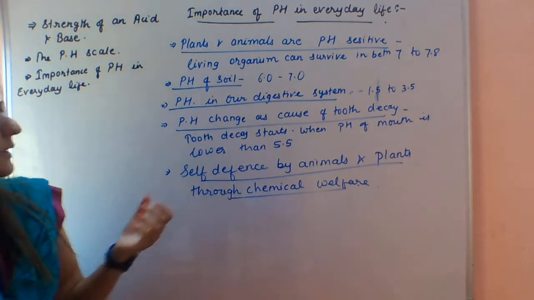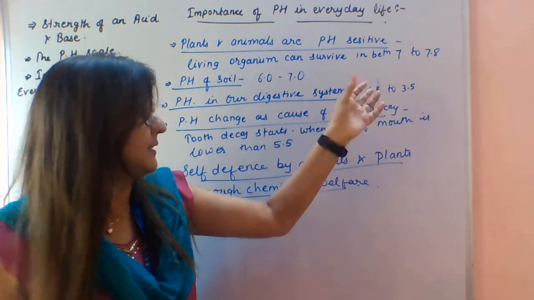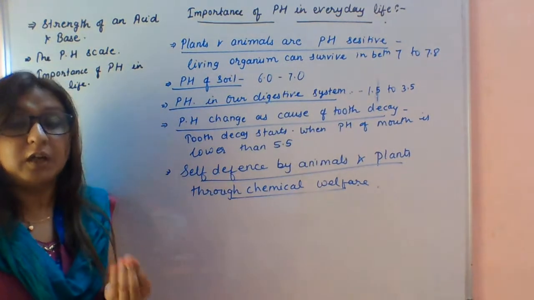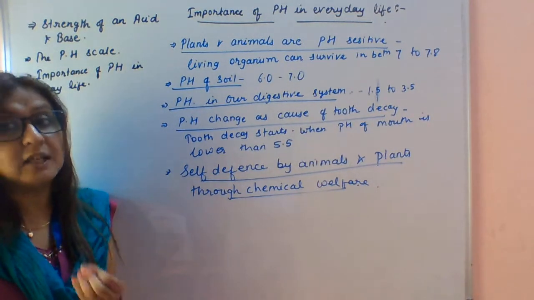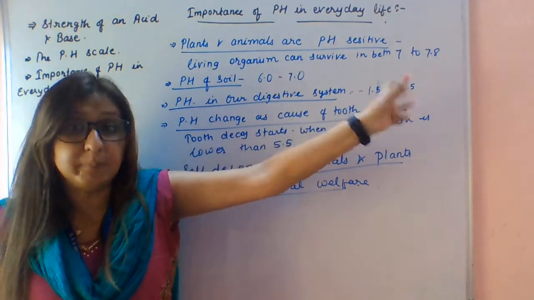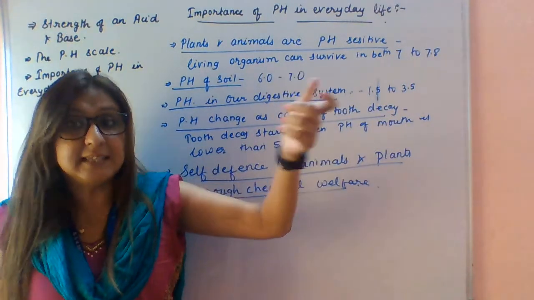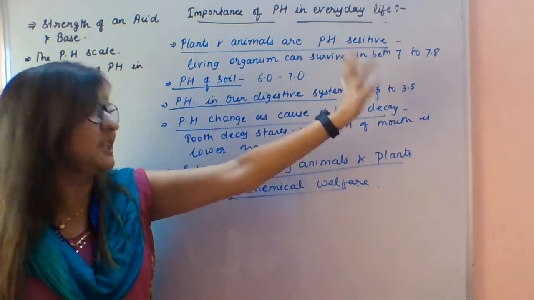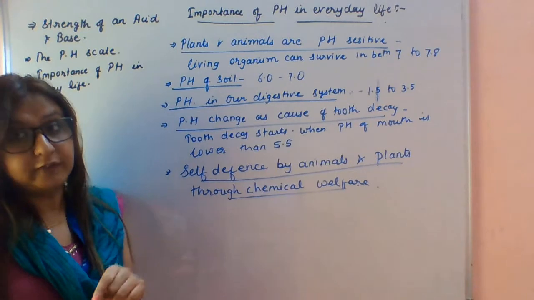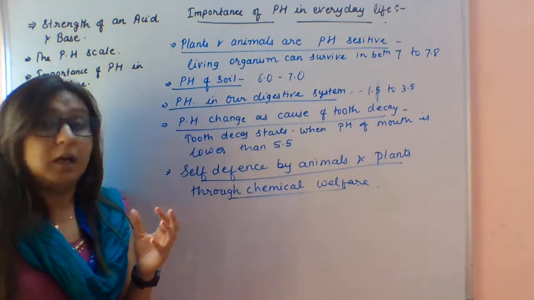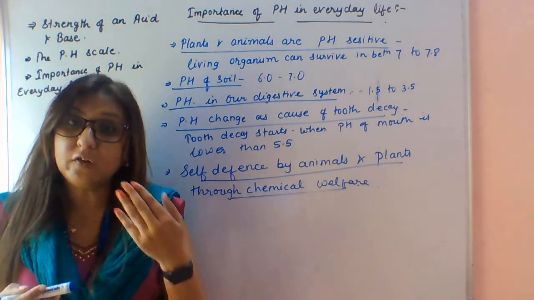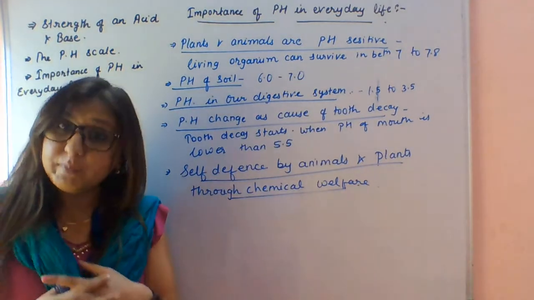Now the pH of that HCl is between 1.5 to 3.5. This is the normal pH value of our stomach, that is, the pH value of HCl, between 1.5 to 3.5, for digestion of food. The HCl is not harming the inner lining of the stomach due to the secretion of mucus.